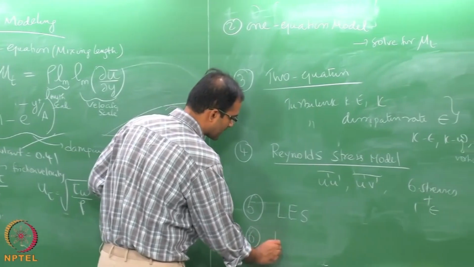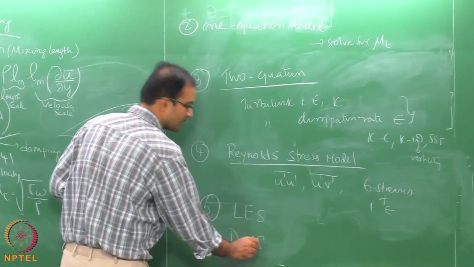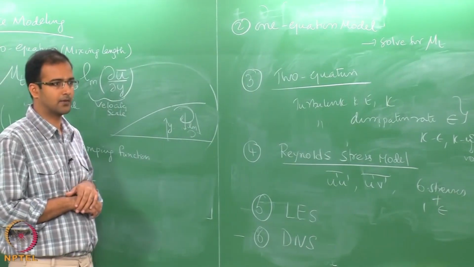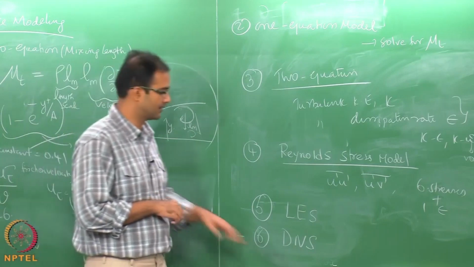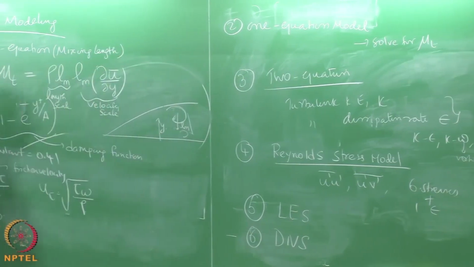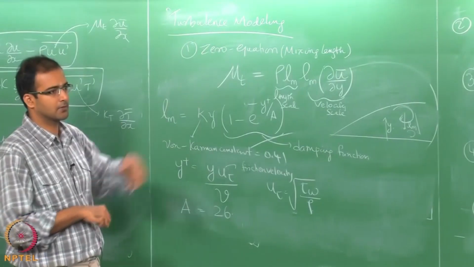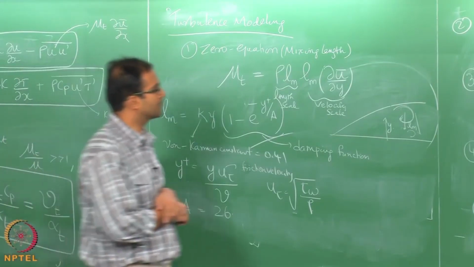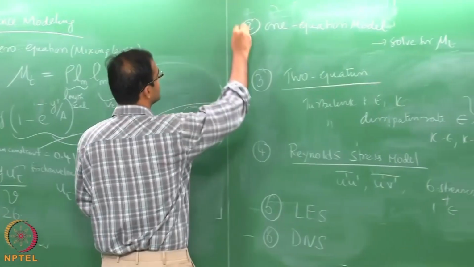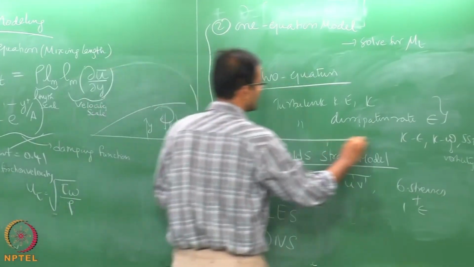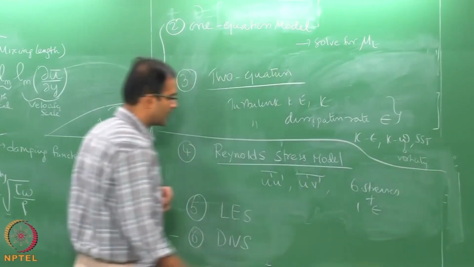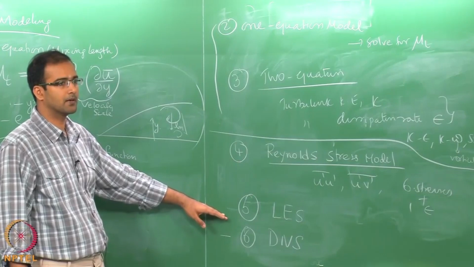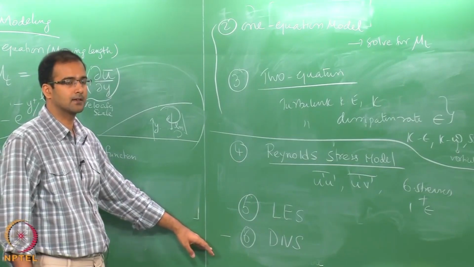And finally, if you can resolve all the length and time scales without any filters and without any turbulence model, we call this direct numerical simulation. So, these are the increasing complexity of the turbulence models. Most industrial problems are satisfied by stopping here. Some research problems go deeper, probing into LES and DNS, but finally